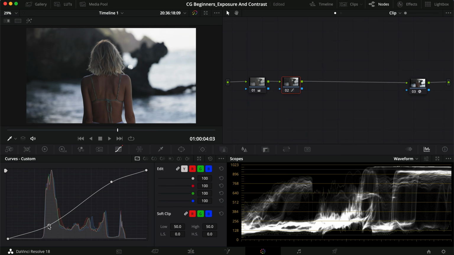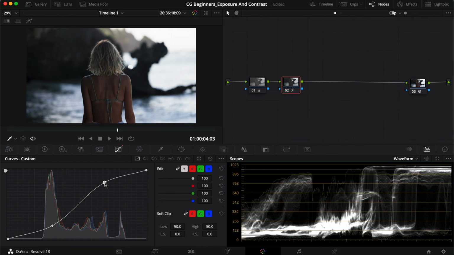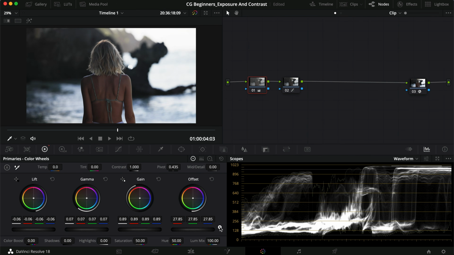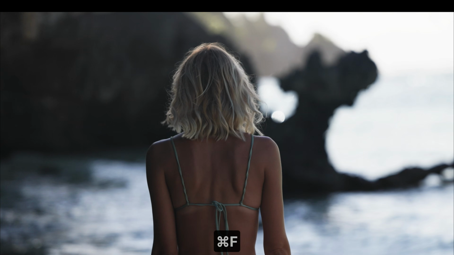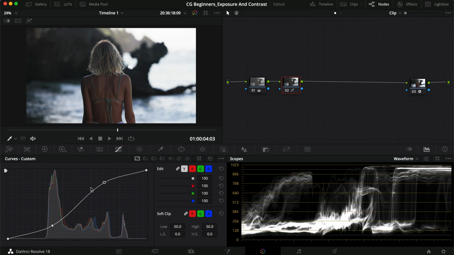Personally, I might go in and make a bit of a stronger curve in here just to push it a little bit more, and then actually go in and just increase the exposure a little bit here as well. Something like this. I think that looks very good. So that's basically how you can play around with contrast. Contrast is the curve that pulls in the difference between the dark areas and the bright areas and kind of gives it this push. And then you are left with the midtones, of course, that you can play around with